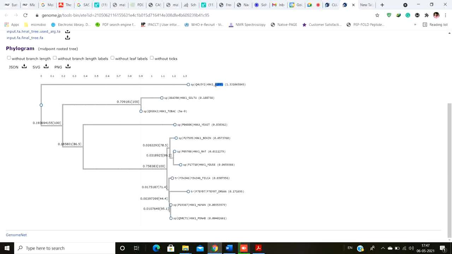I forgot which hexokinase this particular one belongs to, but it belongs to this particular group of species. Now another species also gives rise to two different kinds of branch. One branch gives rise to Solanum tuberosum, that is potato, and another branch goes to tobacco. So this is the hexokinase of tobacco. Since both Solanum tuberosum and tobacco are plants, they are more or less similar, right? And they are placed under the same arm.